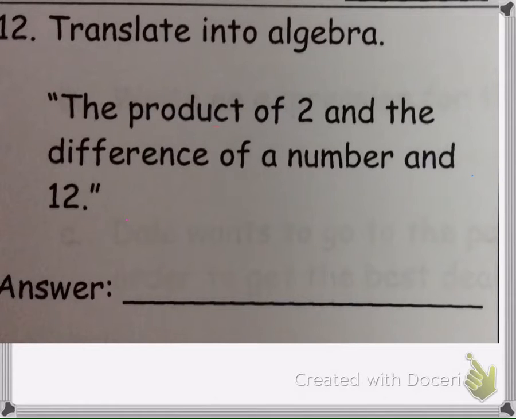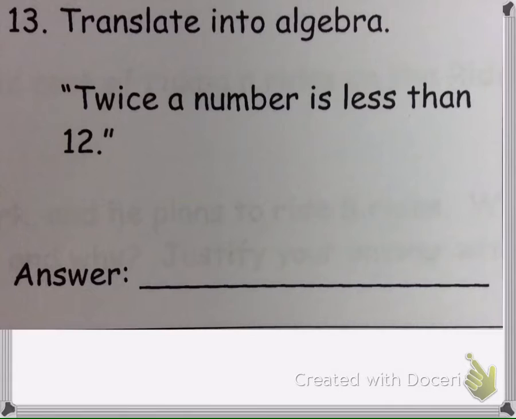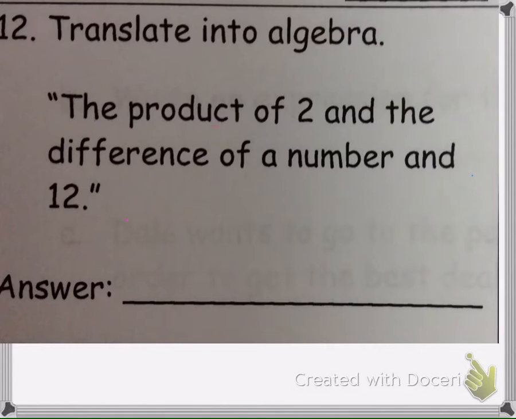When we are translating a sentence into algebra, the first recommendation I have is to look for the word "is" inside the sentence. So if we look at this problem, it says the product of 2 and the difference of a number and 12. This sentence does not contain the word "is." If you take a look at this problem, though, it does contain the word "is." But the problem that we're working on here does not have the word "is." So what that tells us,